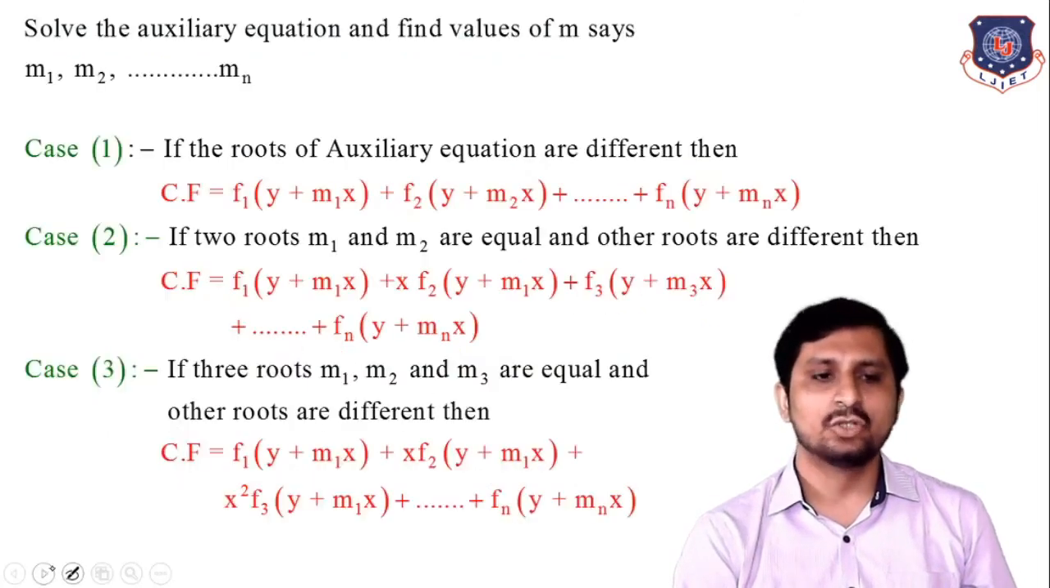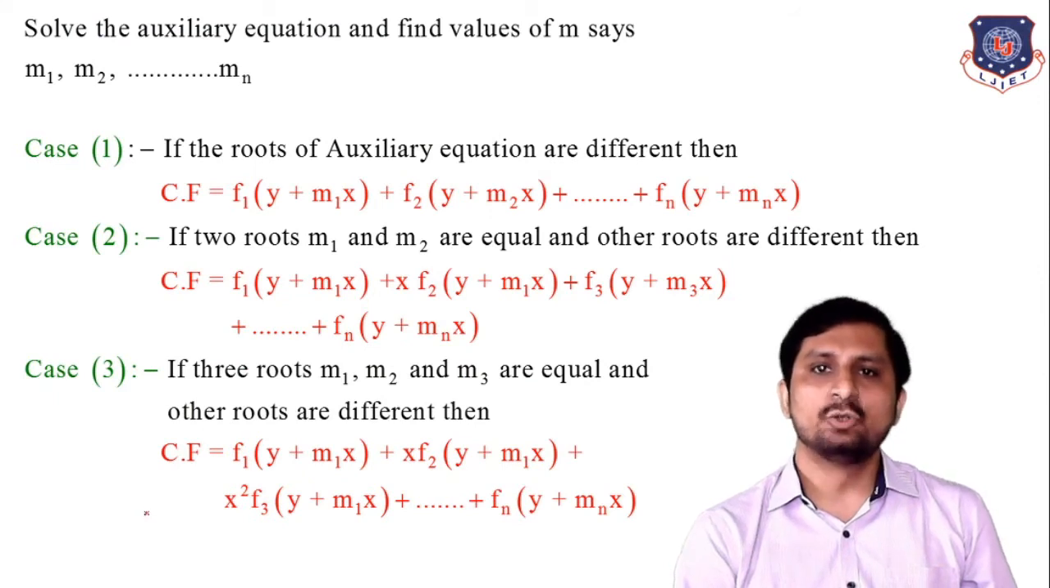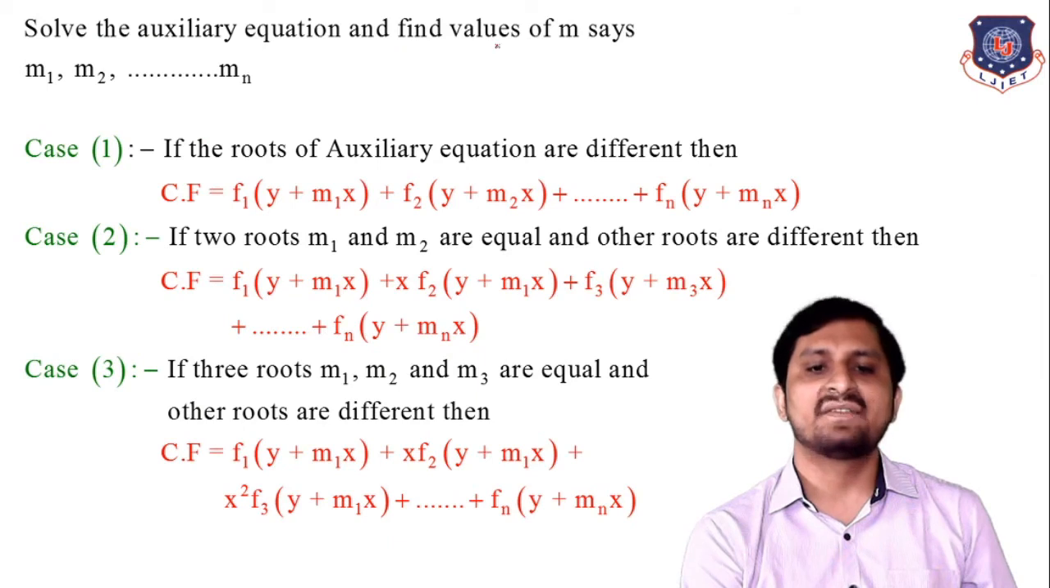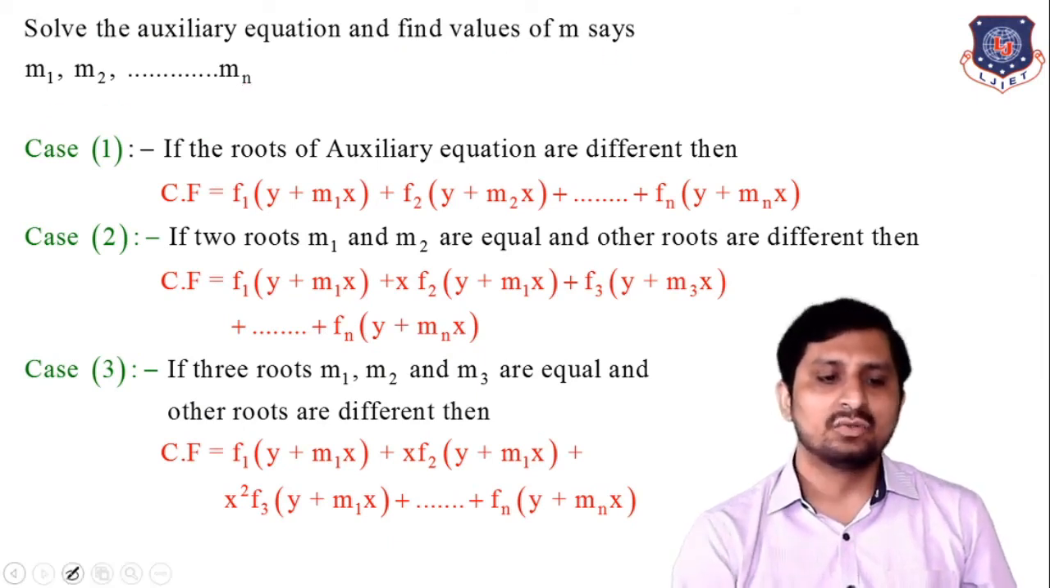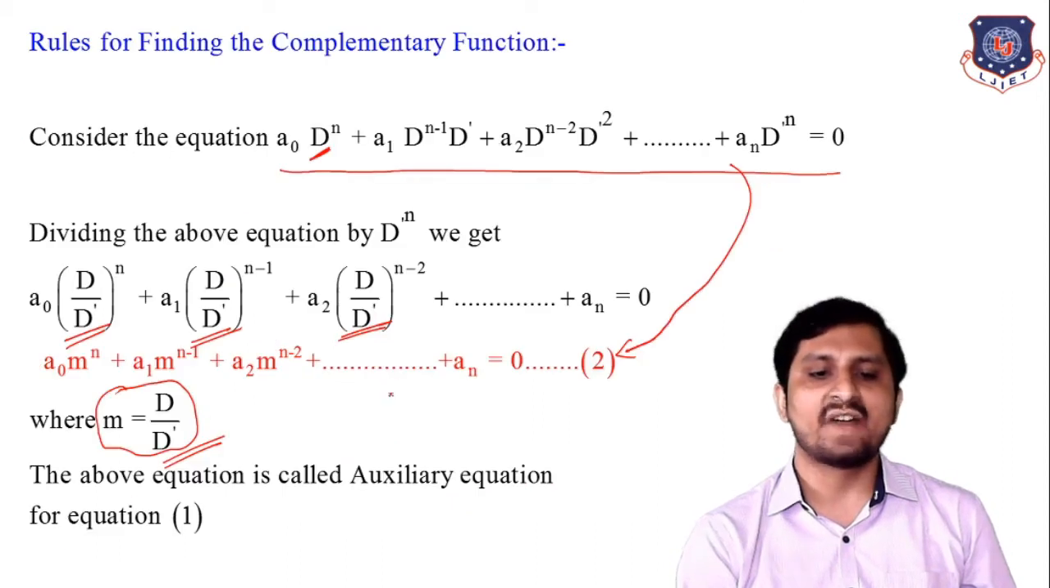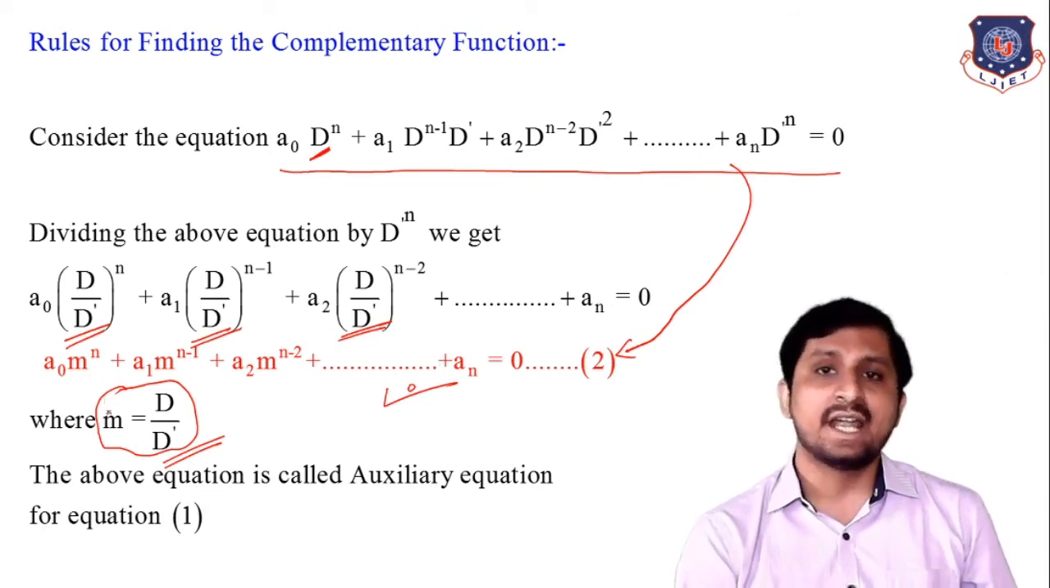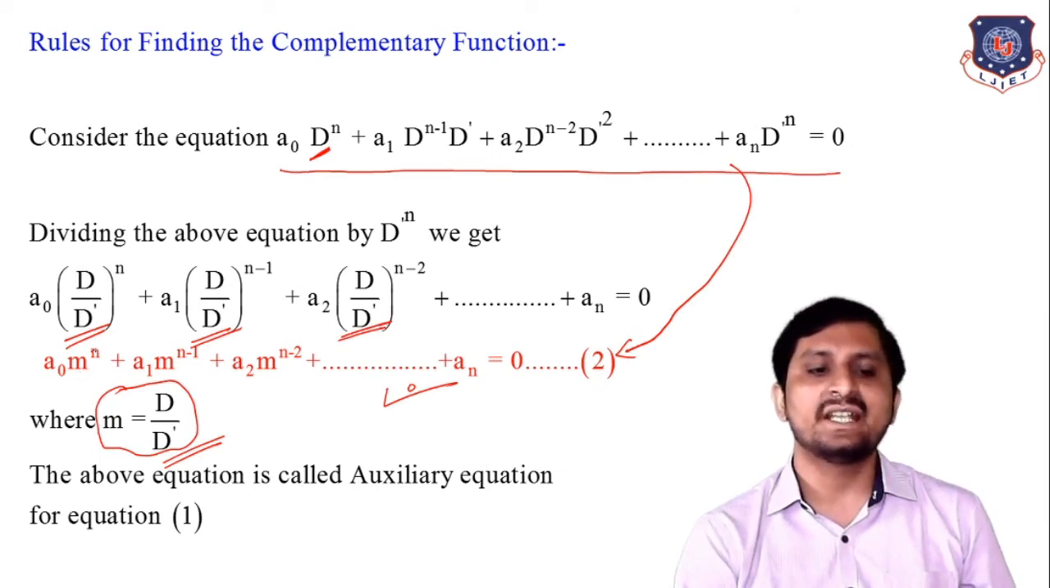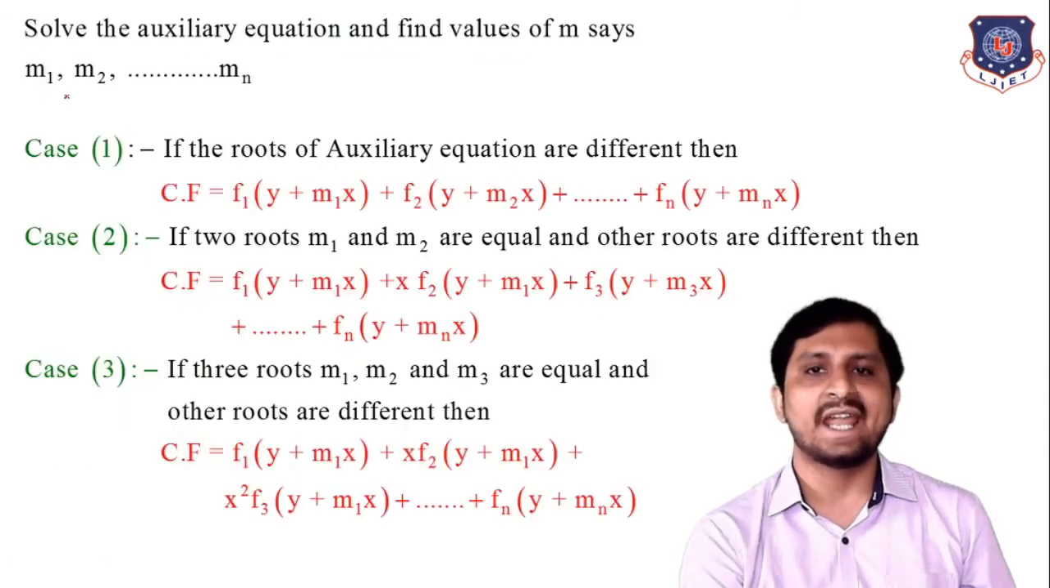Okay, so these are the rules that you have to follow. Solve the auxiliary equation and find values of m, say m1, m2 up to mn. So next target is you have to find out all the roots of this auxiliary equation. We know that this is a polynomial in m. Because this equation has degree n, the number of roots is also n, m1,